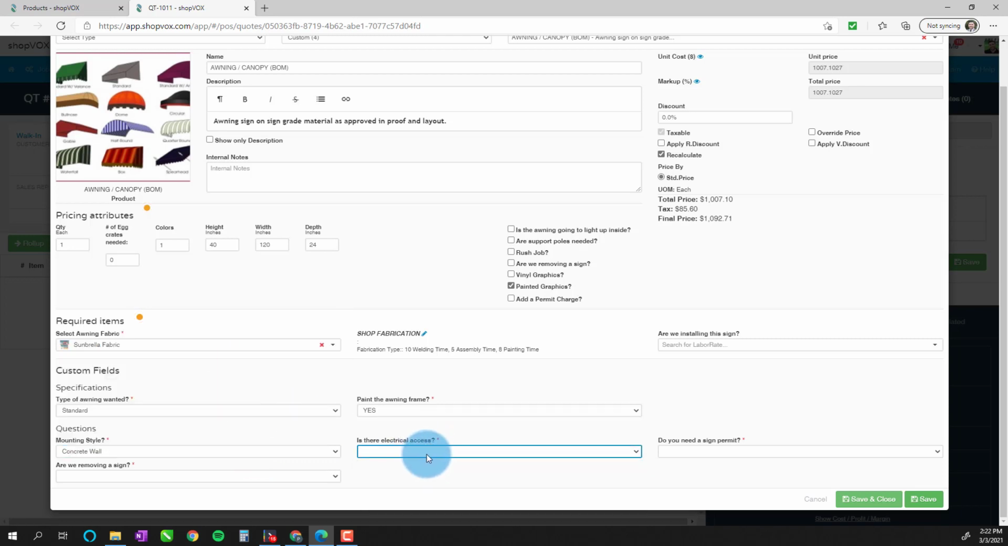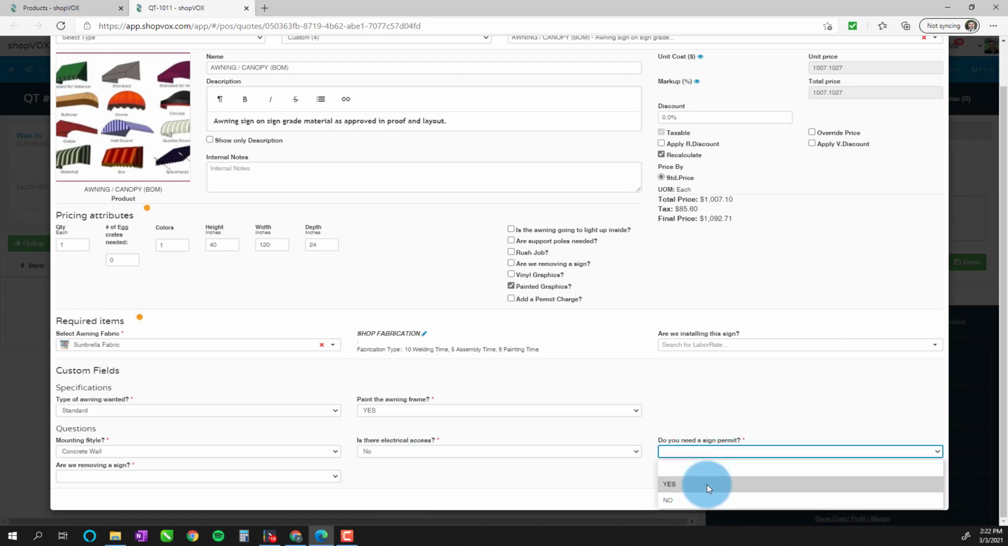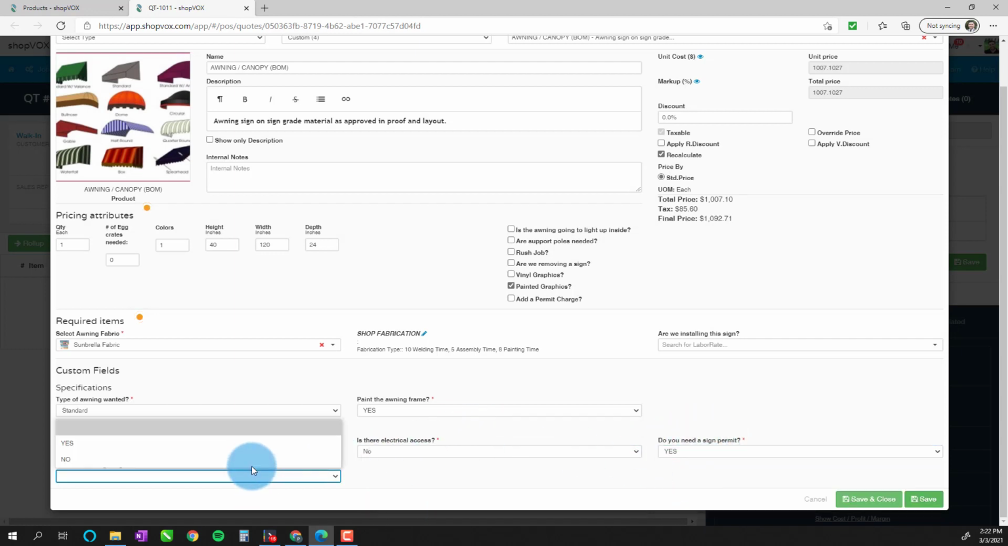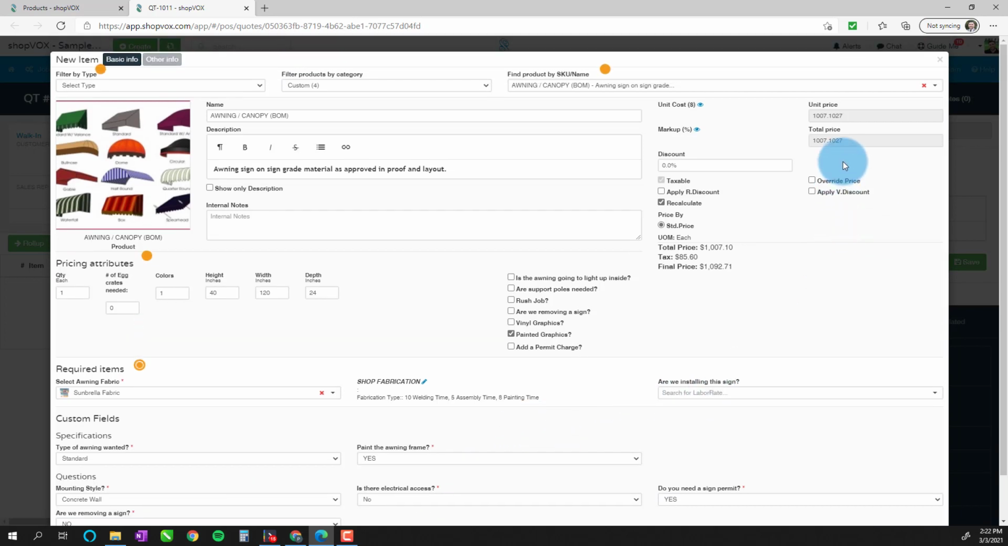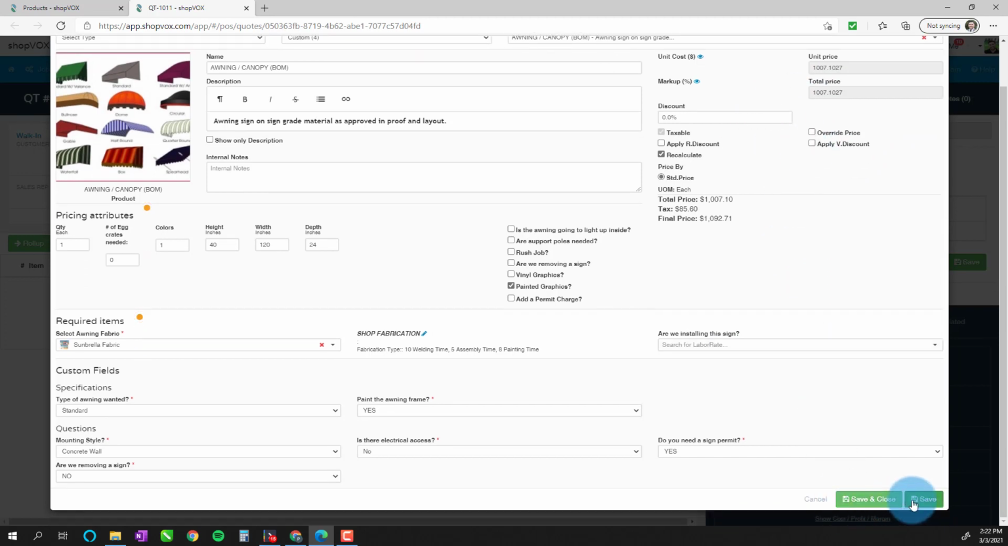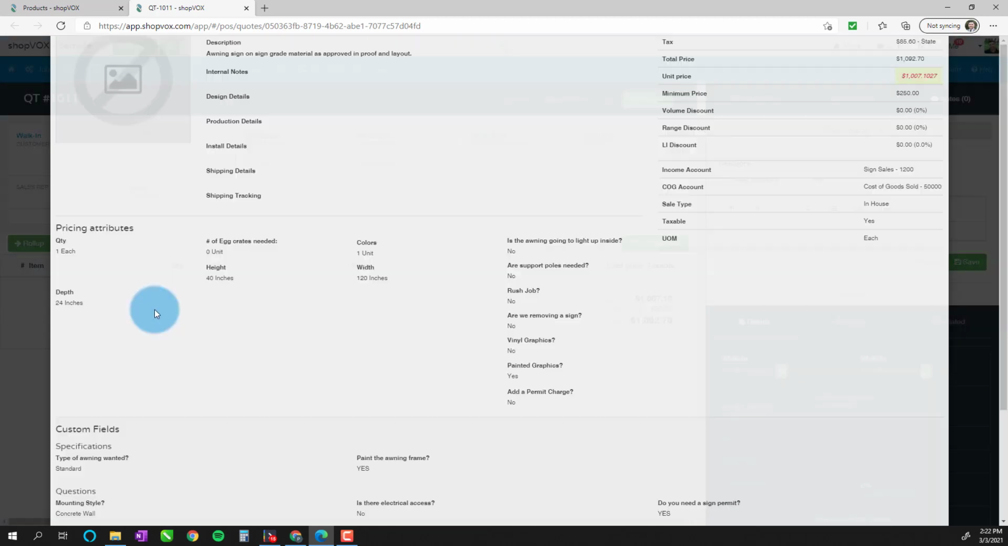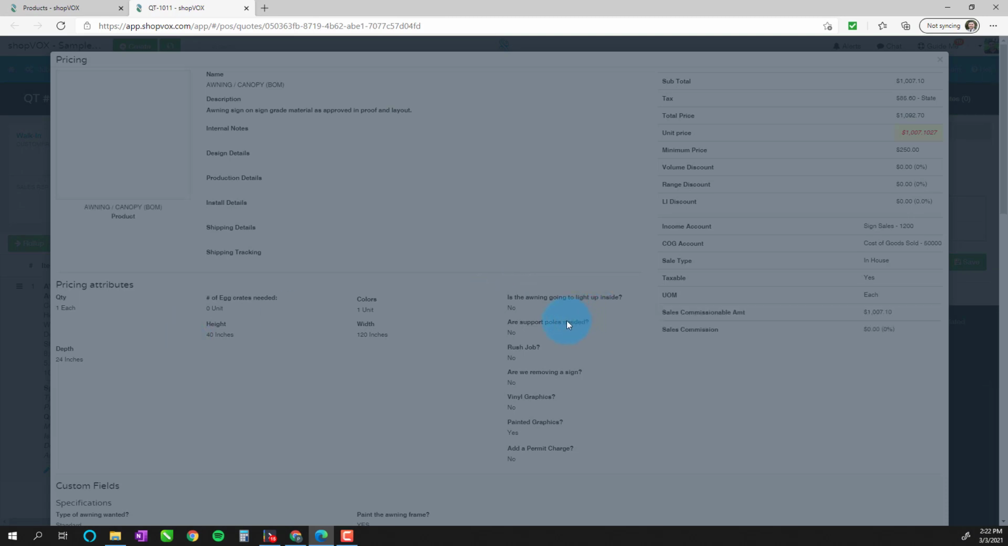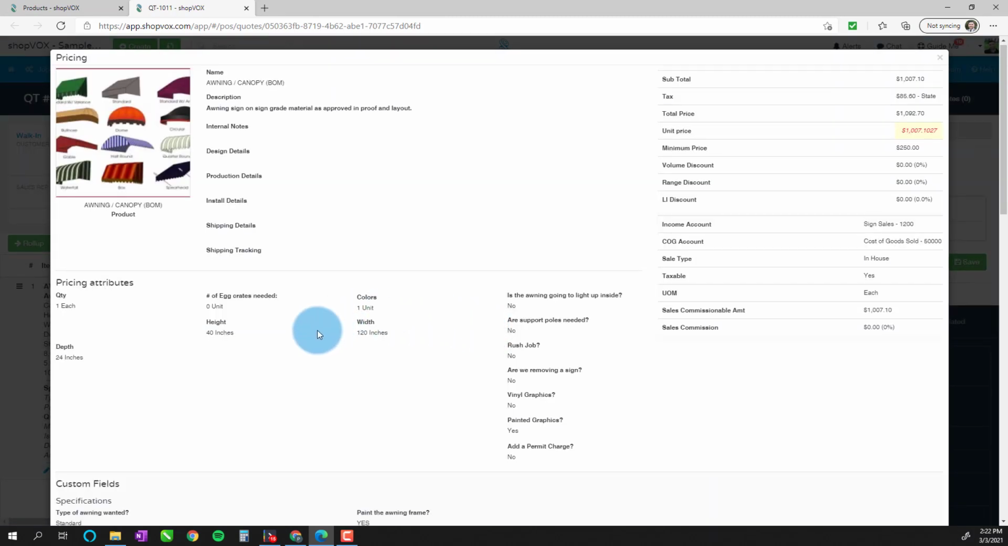Is there electrical access? Yes, but we don't need it, so we'll say no. Do you need a sign permit? You should say yes. Are we removing a sign? For the sake of this example, we'll say no. All right, so you can see here we got some pricing here, but that's not completely accurate, so we're going to hit save and continue here, and it's going to bring us to my favorite page, the bill of materials